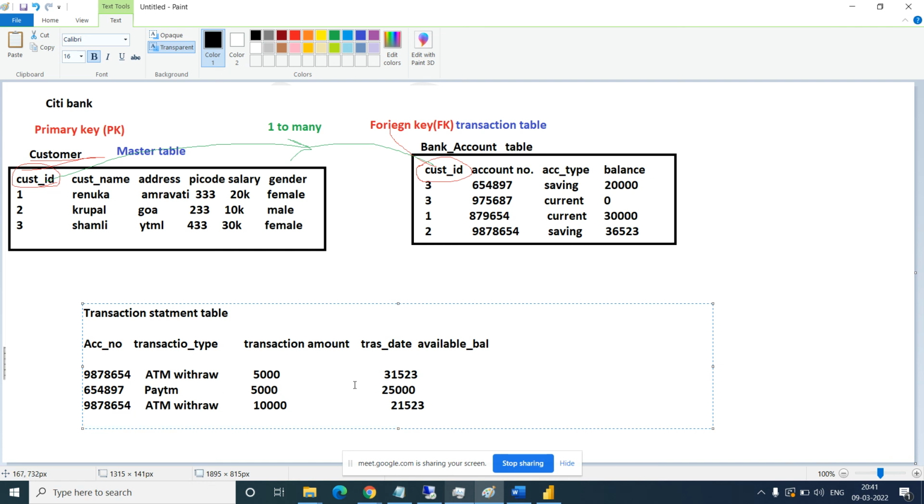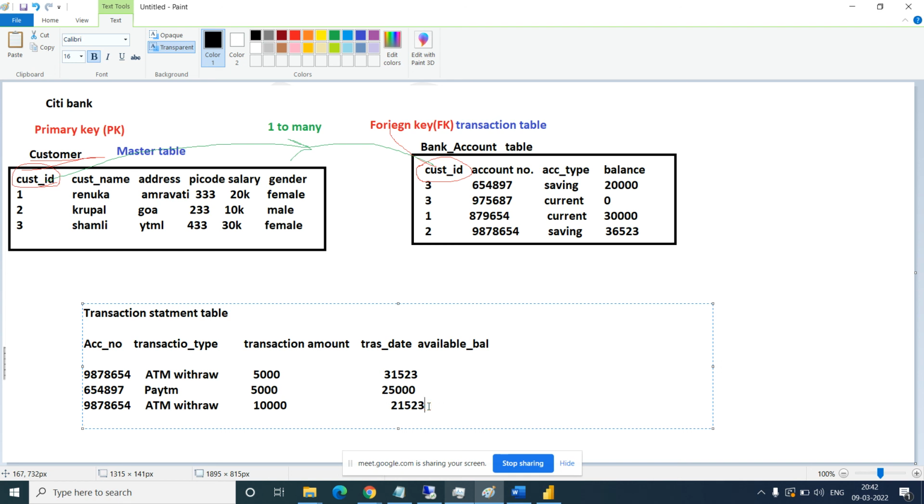Now how would we know whether the transaction they have done is a credit or debit, whether they withdrew, gave money to someone, or transferred? How do we know? Depending on the balance, increasing or decreasing. But it will be very difficult to track like this, right? So there will always be separate credit and debit amounts. If there is a credit amount, it will be available here, and the debit amount will be in the other column.